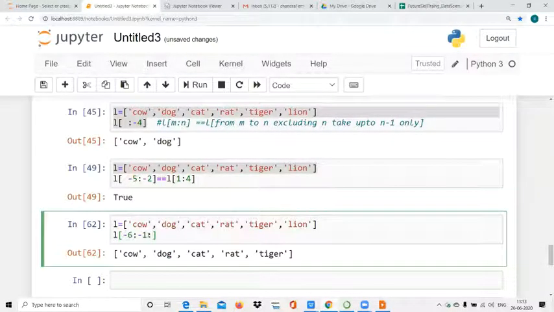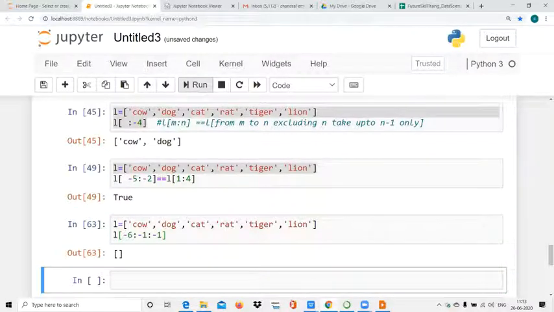Actually, when I give -1, it should reverse the string, but it is not reversing. It is giving an empty list. Okay, we'll check this.